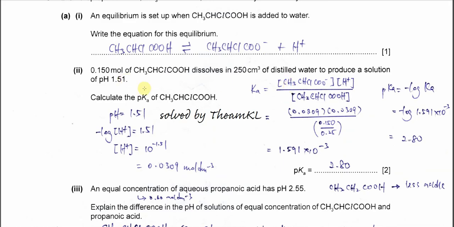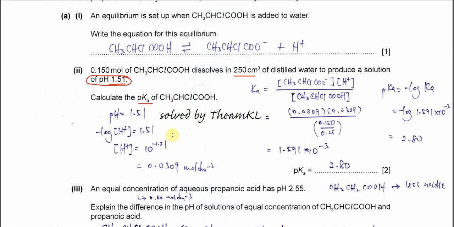Part 2. 0.15 moles of 2-chloropropanoic acid dissolved in 250 cm³ of distilled water to produce a solution of pH 1.51. Calculate the pKa for this acid solution. Because the pH of the acid is given